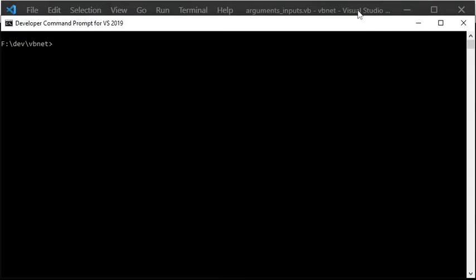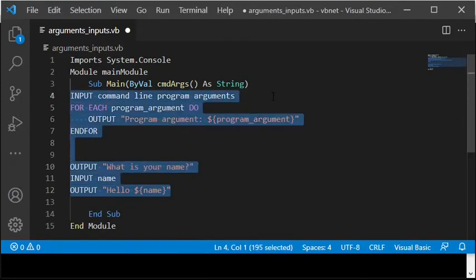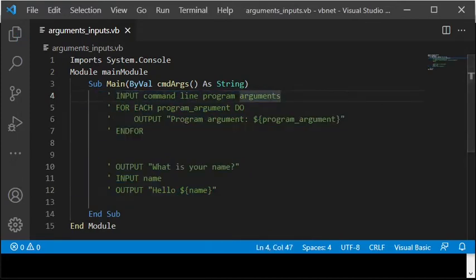Now I will replace the initial Hello World implementation with the program that will receive and print arguments from the command line. The program will also ask the user to enter a name, and will then print to the screen what the user typed. For this purpose, I have prepared some pseudocode that I will paste into the program, but in comments, because of course it would not be possible to execute. Then I will modify the code by changing it to Visual Basic code that can be executed.